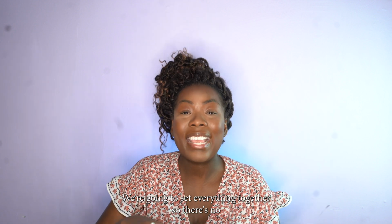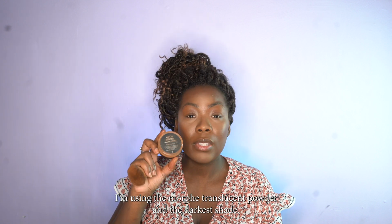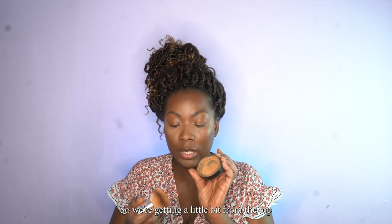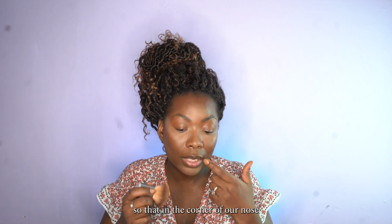Right now we're gonna set everything together so there's no separation between light, dark. I'm using the Morphe translucent powder in the darkest shade. This brush is from Life Beauty, so we're getting a little bit from the top. We shake it a little bit in our hand. So we're gonna add in the corner of our nose